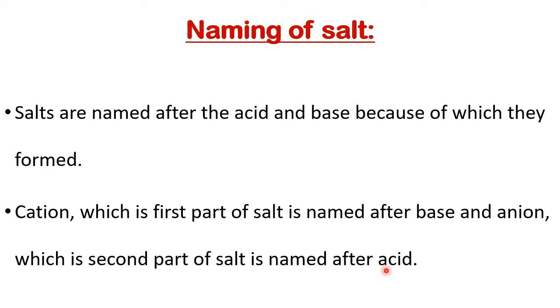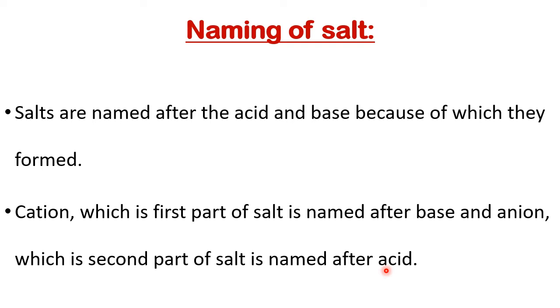These rules are made by the IUPAC. Its long form is International Union of Pure and Applied Chemistry. Whenever we name a chemical, we always name the positive part first, then the negative part. For example, if I want to name HCl, H is the positive part, Cl is the negative part. So first the positive part is named, H is named, then the negative part is named, Cl is named. So how is it named? It is named either hydrogen chloride or hydrochloric acid.